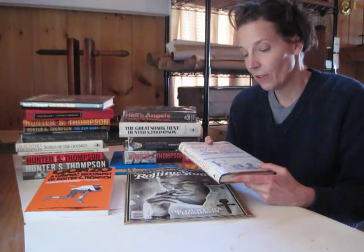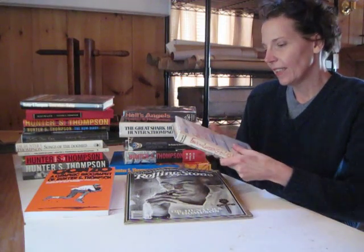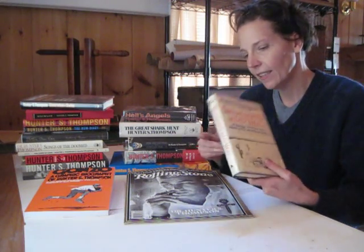And so it was a beautiful moment for me when I was able to find this in a bookstore. And I walked out on the sidewalk and just looked up at the sky and said, "Thank you, Hunter." And I just started crying. It was a great moment when you've been looking for a book for decades and you finally get your hands on it. So this being the 9-year anniversary of Hunter going forth, I wanted to do this video just to